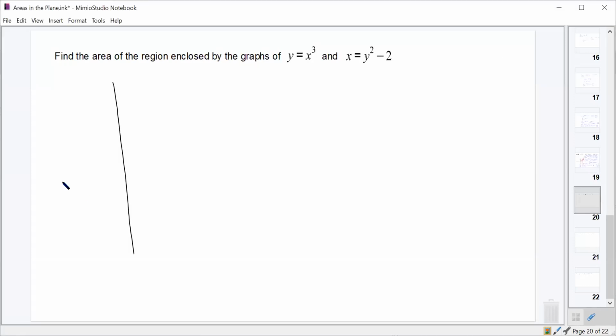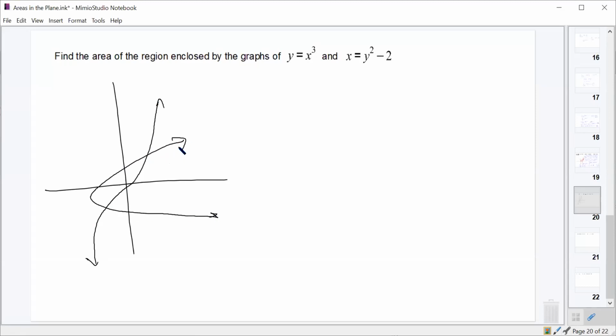All right, so y equals x cubed looks something like that, and x equals y squared minus 2 is just a parabola. In fact, I'm going to draw that parabola a little bit better. There we go. We'll call that good. So pretending that this cubic that I drew actually went through the origin like it was supposed to, we're looking for this region. And the problem that presents itself here is that for some of these x values,